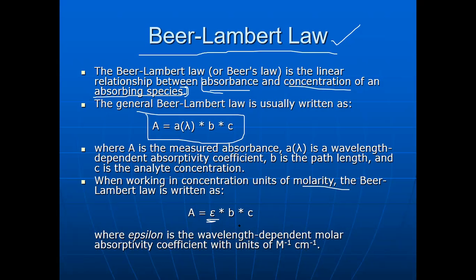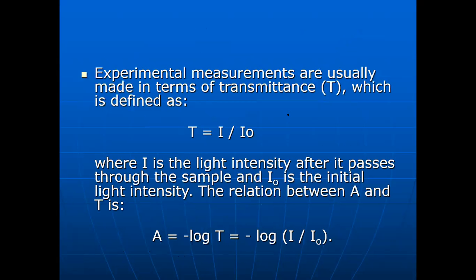So usually, if it is alkali salts, we use one extractant, and for acid salts, we use the Brand-Cruz extractant. That extractant concentration is nothing but C. B is nothing but the path of the light. And epsilon is the wavelength-dependent molar absorptivity coefficient, with units of per meter or per centimeter. Just remember this, students. Overall, from an examination point of view, the absorption in spectroscopy is completely covered by Beer-Lambert's law. We will see more by continuing.